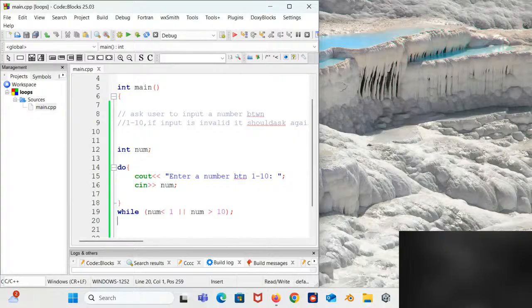So let's look at the last type of loop. The last type of loop is what we call the for loop.